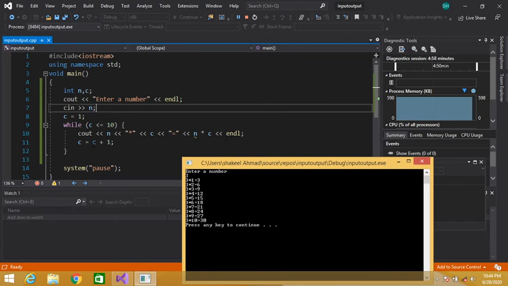Now C contains 5, 5 plus 1, 6. So the value of C becomes 6. So 6 is assigned to this C variable. So again 6 is less than 10, yes. So 3 multiplied by 6 is equal to 18. So this is displayed on the console. Similarly, multiplied by 7, 8, 9, 10. So now C contains 10, and 3 multiplied by 10 is equal to 30, which is displayed,